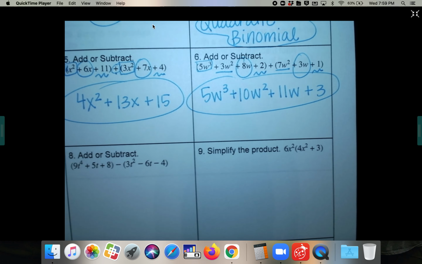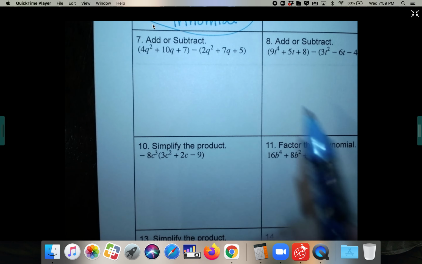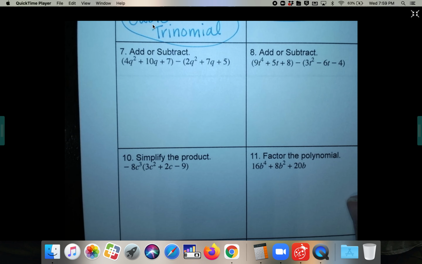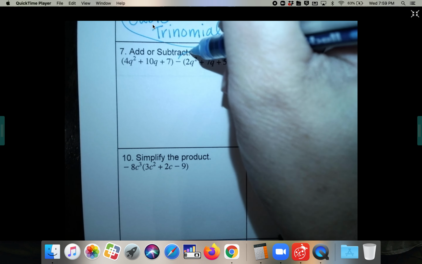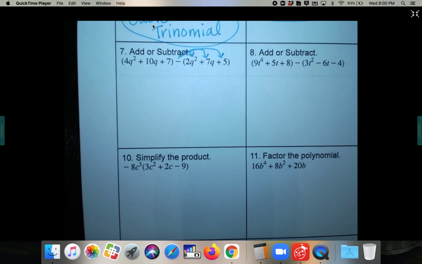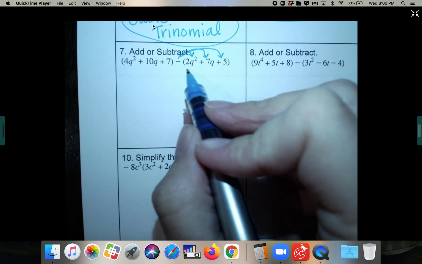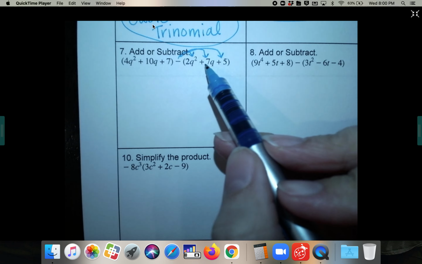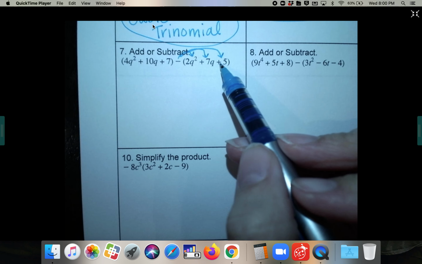All right, it gets a little tricky on number 7 because subtracting is a totally different story. When you're subtracting, you're actually distributing that negative to all 3 terms in the second set of parentheses. So what I like to do is change each of these terms and put it underneath it, so that I'm not confused with there being a plus in front of this 7q or a plus in front of this 5,